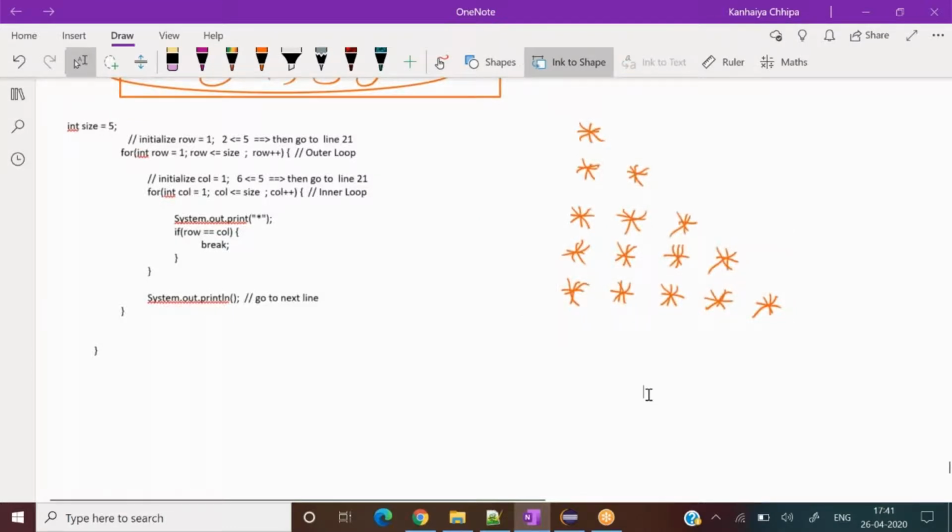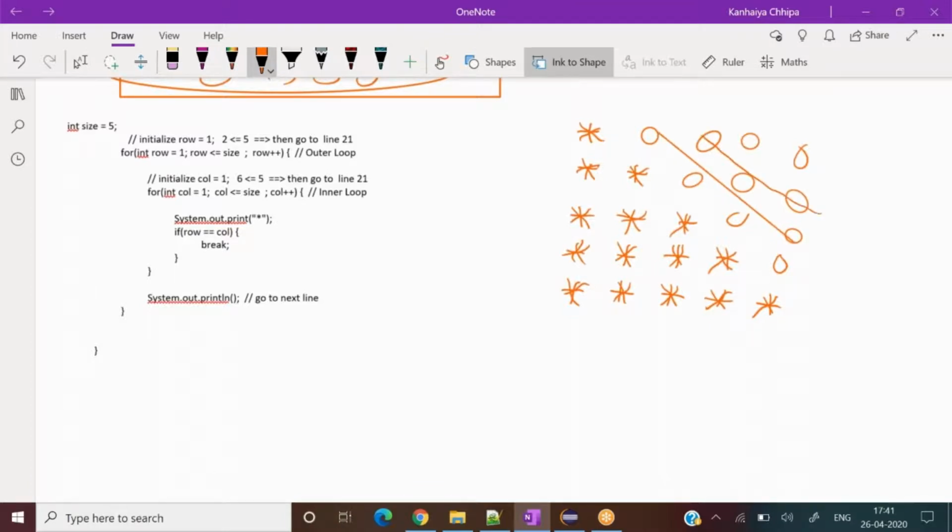So if you see carefully, and if we compare with the hash, there also 5 lines were there. I just write the remaining with the circle: 2, 3, 4 and 5, 3 and 5, then 2, then 1. If you see carefully, we don't need to print these values as stars, right? Right. So how do we make a logic, like we made the logic for hashes that was working for all the lines? So what logic have I built in over here? The remaining conditions are the same for the nested for loop.